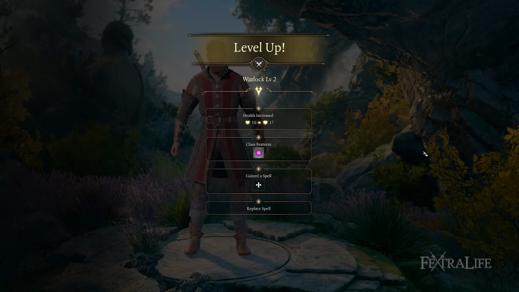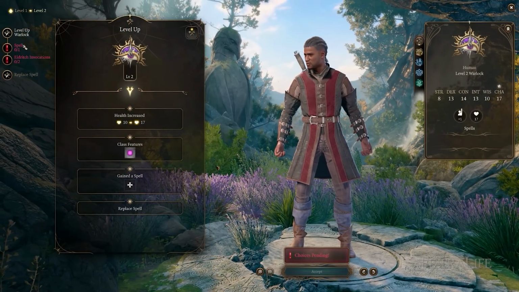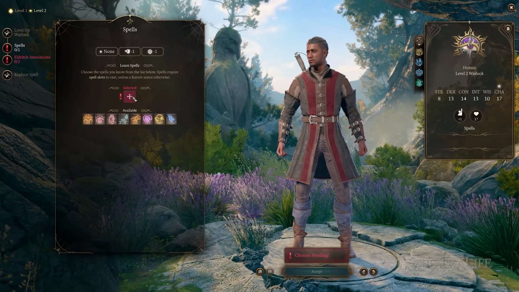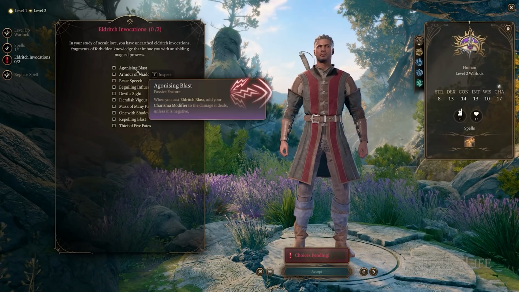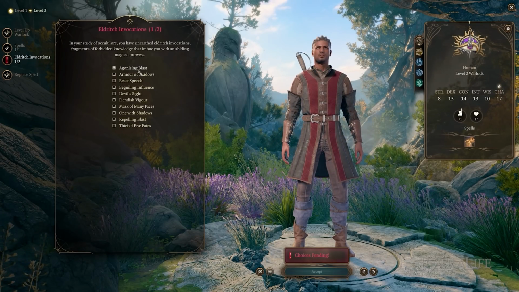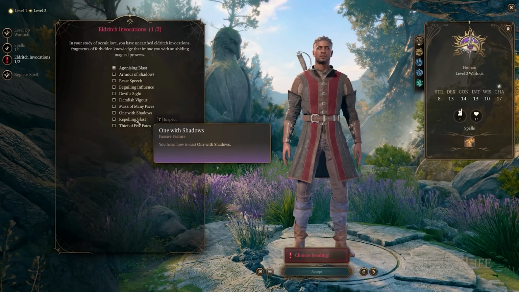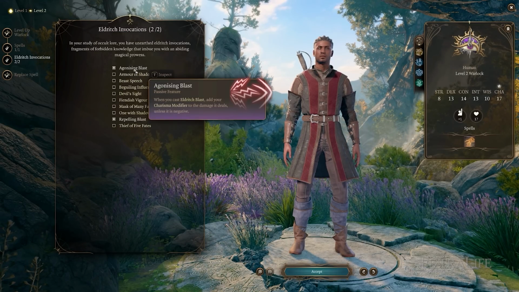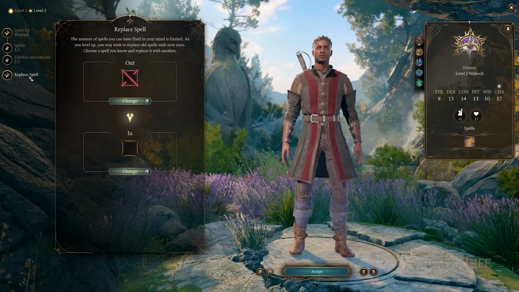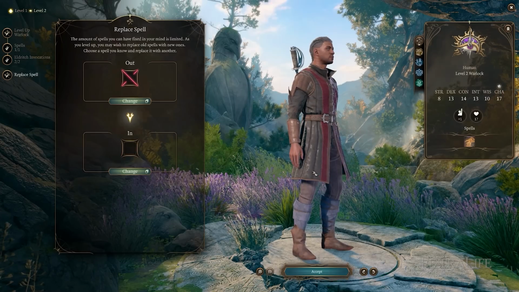So you can multiclass in Baldur's Gate 3, and when you level up, during your level up screen, you can select whatever other class you want. To my knowledge, the ability requirements to take a specific class have been removed. I have not actually seen this. I didn't look for it for whatever reason when I was doing my multiclassing with Larian, but that's what I've heard. That seems to be the information out there,